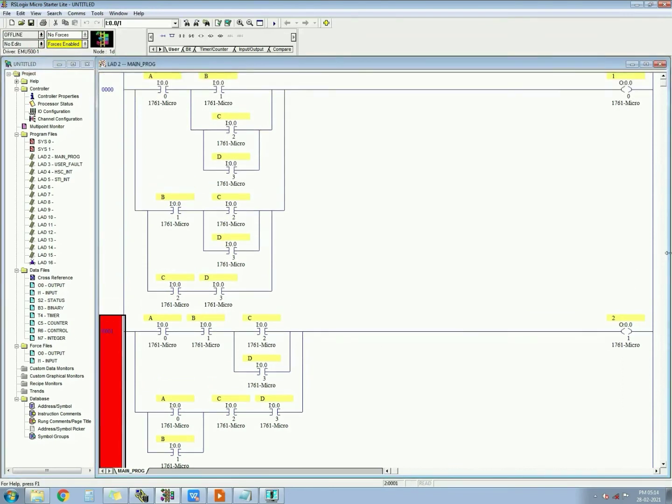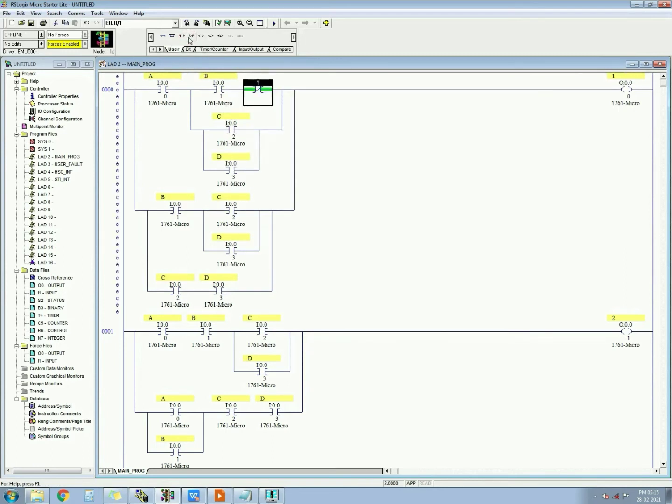To make output number 1 off, what should I do? When A, B get on, A, B is the same, and C gets on, the second output gets on. It means output 1 should get off when input C gets on. So I will take an NC circuit of input C, I1:0.0/2.